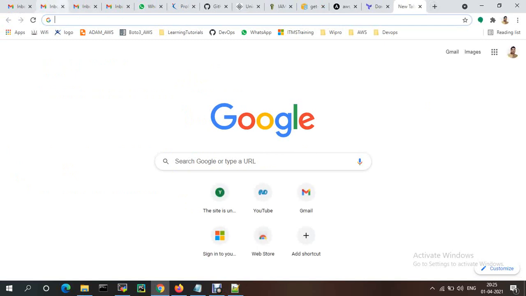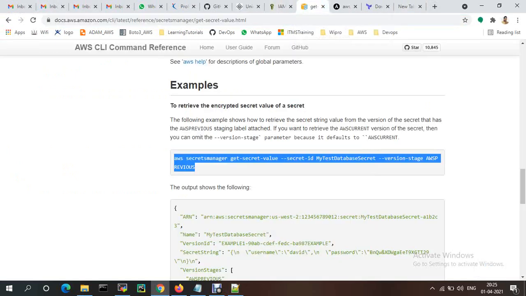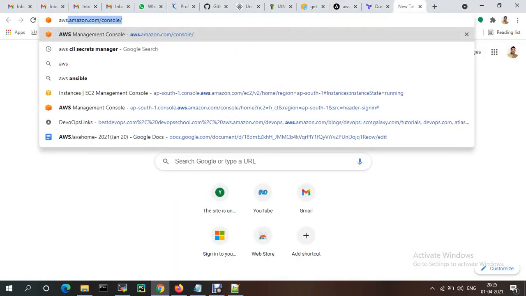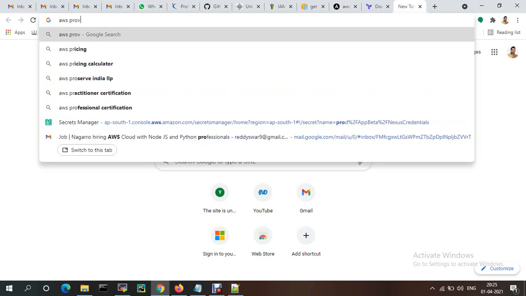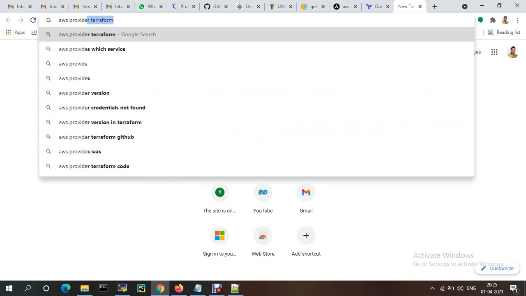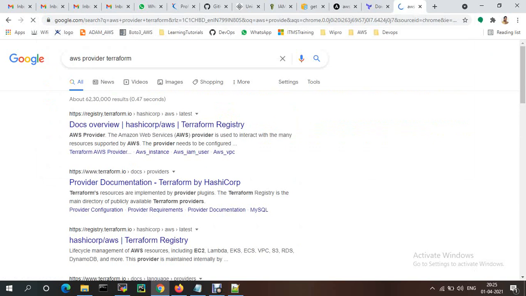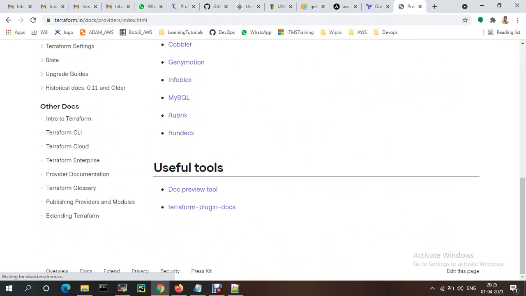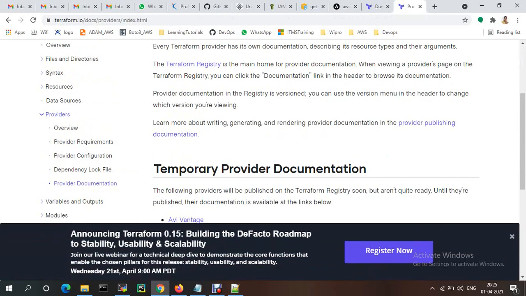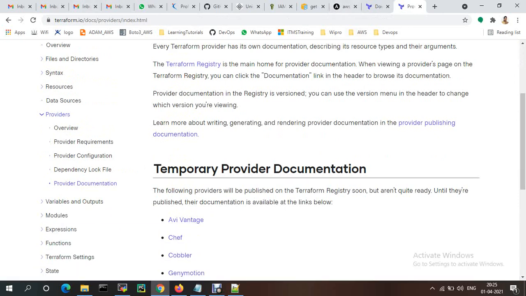So basically, first we need to create a user to get that. We just need to set the username and password. Otherwise, we have already set that username and password. Let me provide the AWS provider. We just need to write the provider in Terraform. Let me create a VPC service.